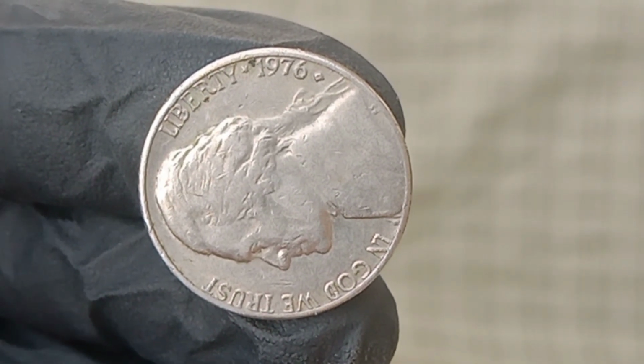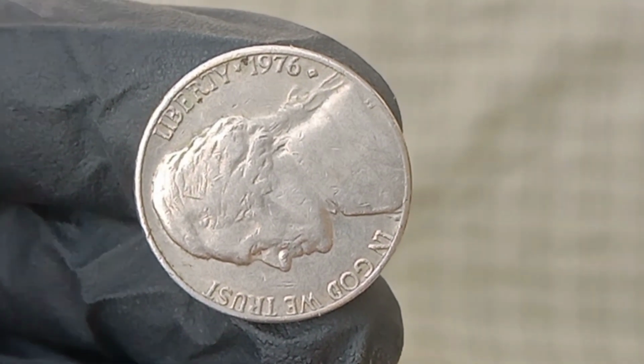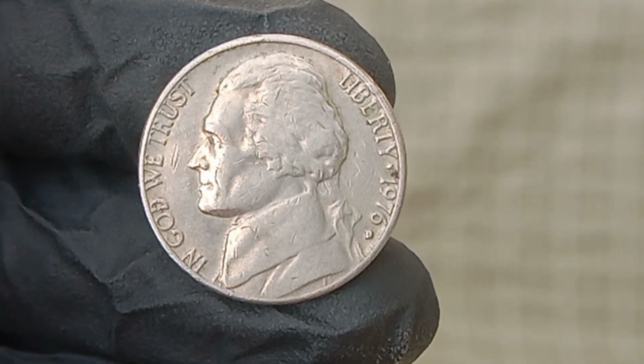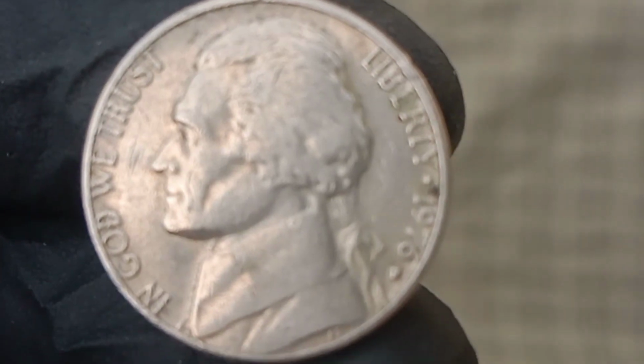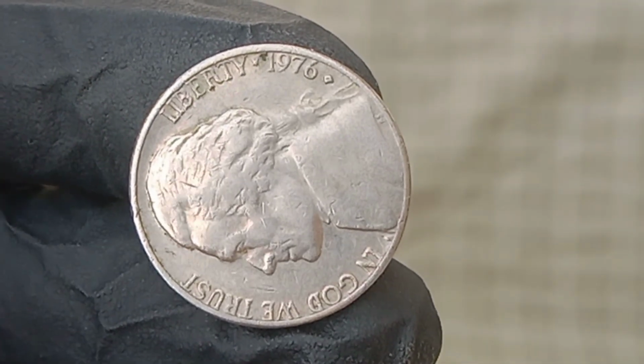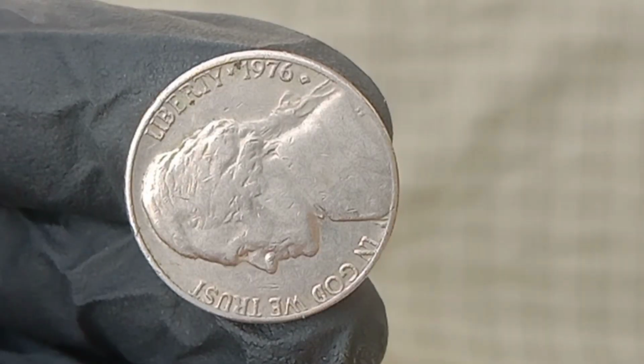But it turns out that something much more mysterious and valuable was brewing within the walls of the Philadelphia Mint during the striking of this ordinary coin, beginning with a known set of misstrikes and die errors that were quietly observed among small batches of coins that somehow made their way into circulation, and over the decades since their discovery, numismatists have uncovered an astonishingly small number of 1976 P nickels that exhibit a strange and still poorly understood set of